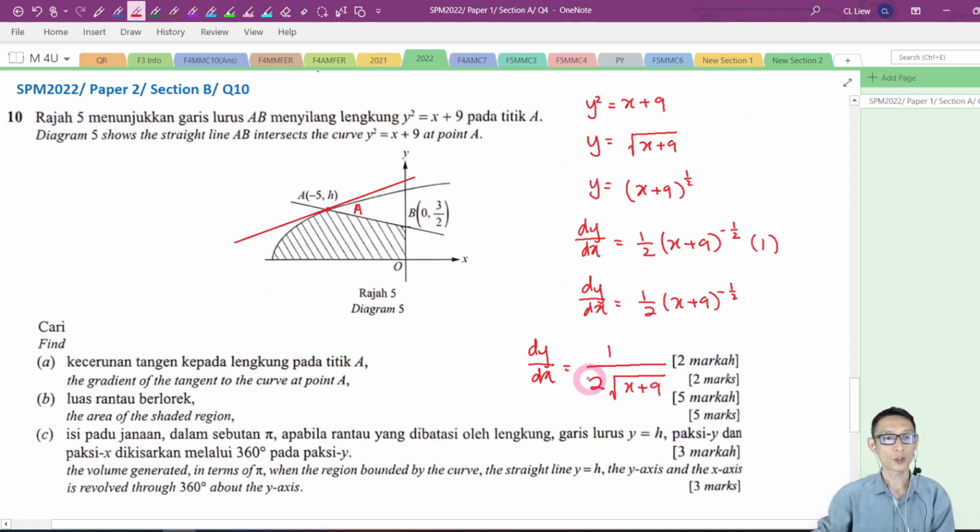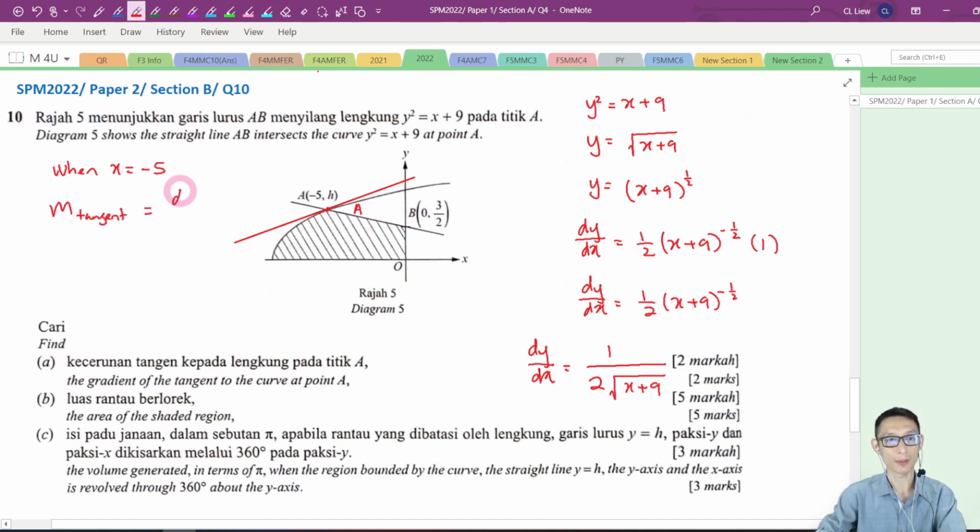Now, we want to find the gradient of the tangent to the curve at point A, which means that when x is equal to negative 5. So I'm going to use this gradient function to help me to get the gradient of the tangent. Let me write over here. When x is equal to negative 5, dy by dx. Or maybe I can write it this way: gradient of tangent